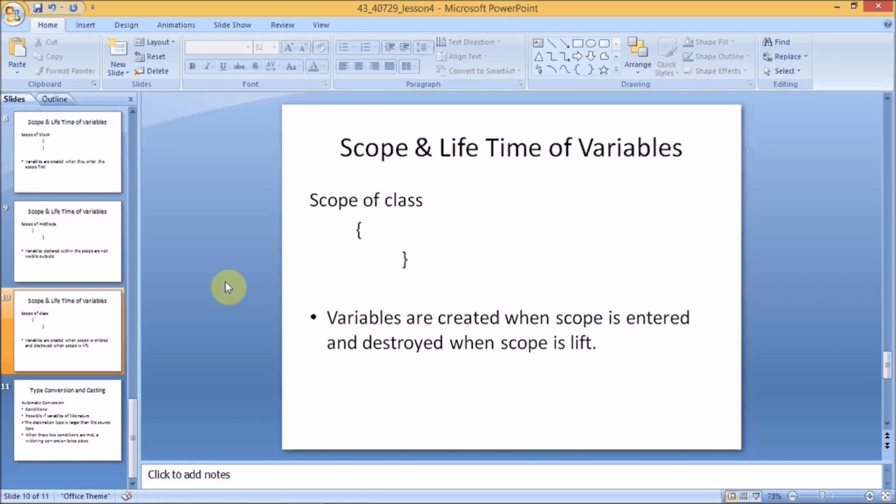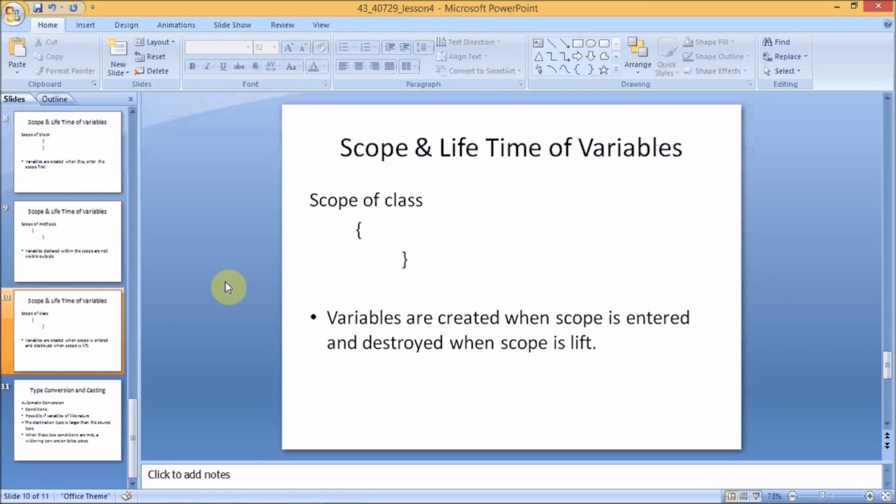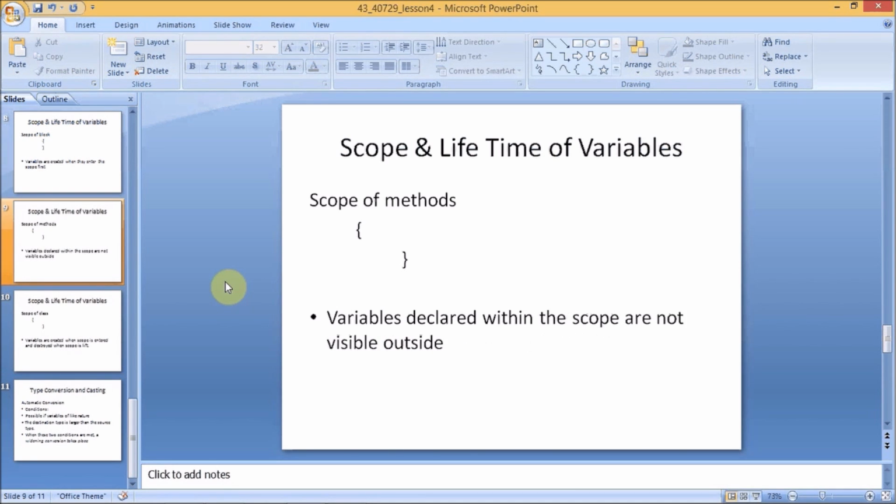This scope of a class is different from the scope of methods and blocks. The scope of a block does not destroy all the variables like the scope of a class, and the scope of a method also does not destroy all the variables like the scope of a class. So scope of a class is the best example. While running a program, we cannot retrieve the data after it is destroyed, but we can retrieve the data in the block and